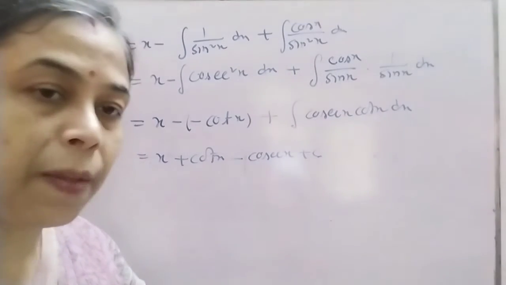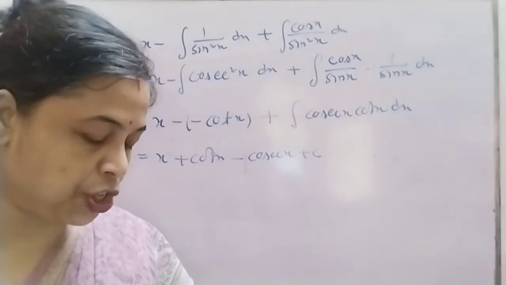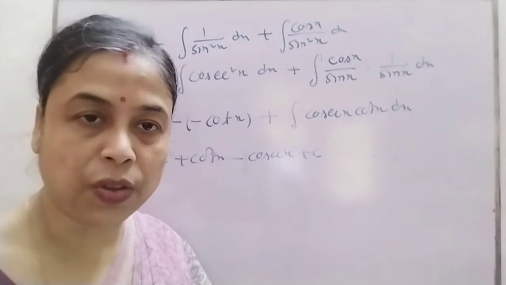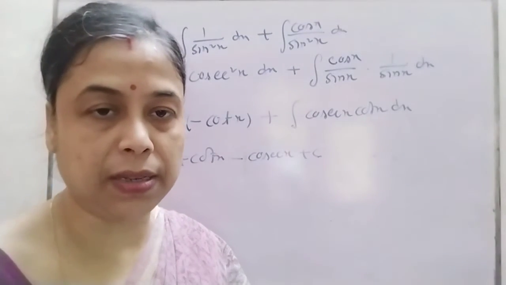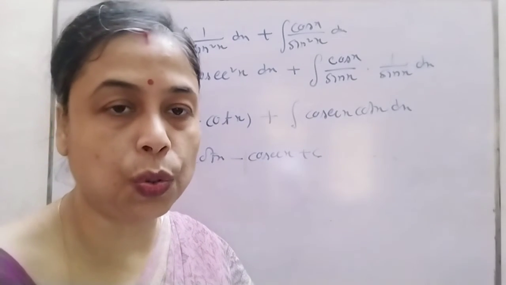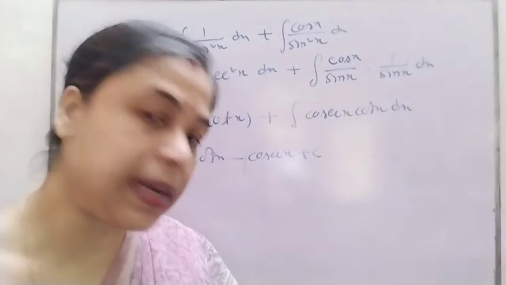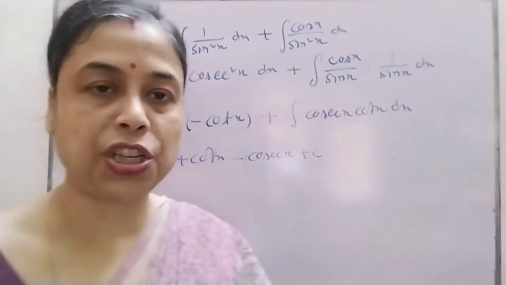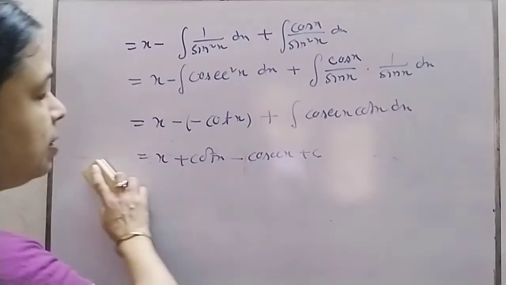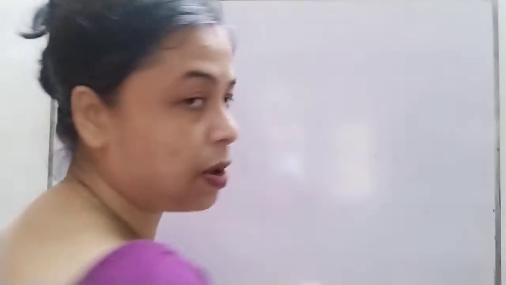Solution of the question number 9. Now, you have question number 10, sin to the power 4 x. In the first video of this, in the substitution method, substitution of trigonometric identities, I discussed how to do the even power of sin and cos. So question number 10 and 11 are of a similar type. So let me do question number 11 here, because a substitution is used there, and question number 10 is a direct question. So 10 you do yourself, 11 I will give you now.